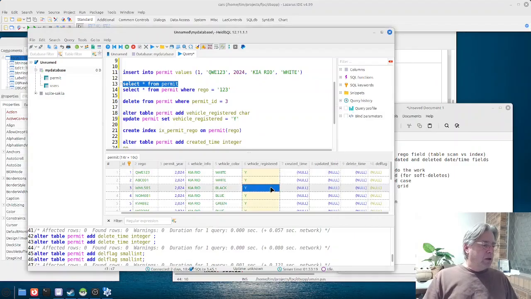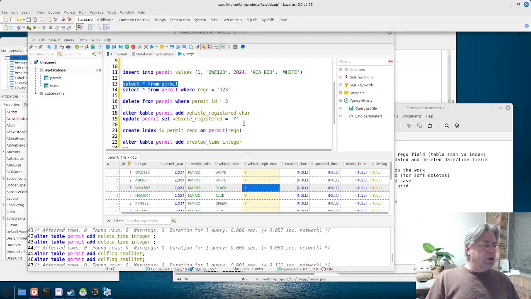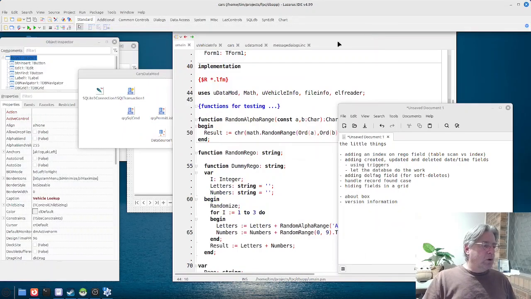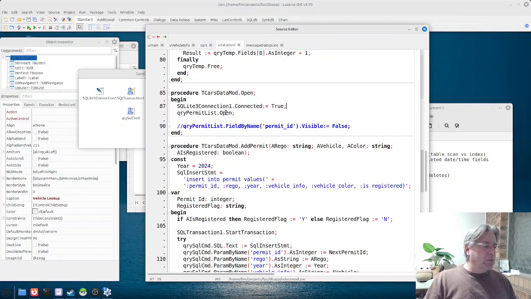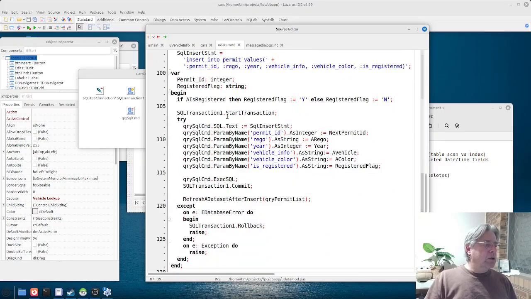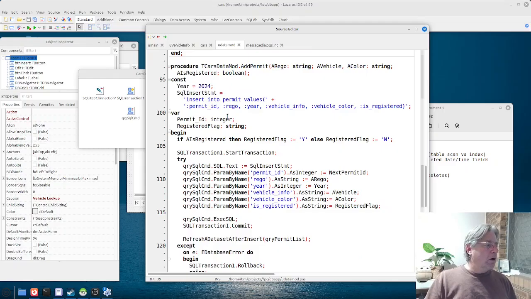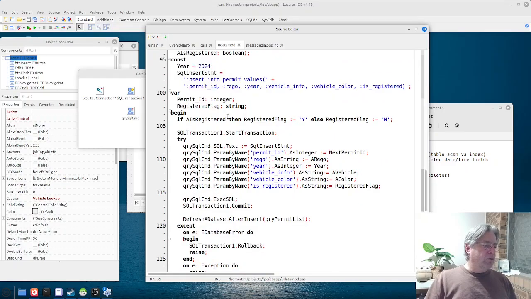So let's just hide that part for a minute, go back to my little notes here and see what we're doing. So we don't have any code yet for deleting, but what I'll show you first of all is let's just have a look at what our program is doing as far as a select statement and an insert statement. So we're going to hide that one there, and we will go into our data module here, and what have we got here? Okay, so first of all, you can see